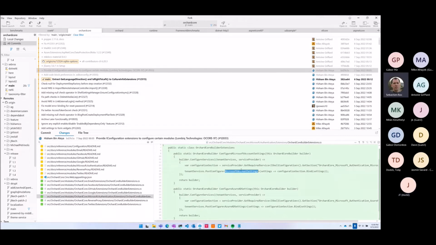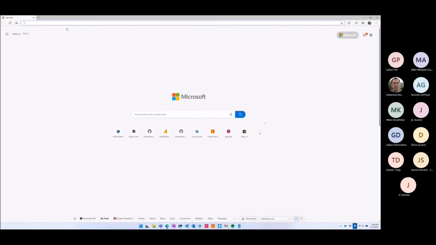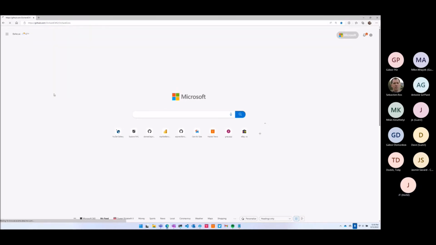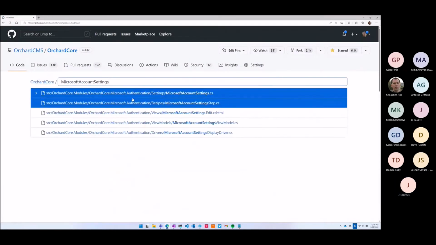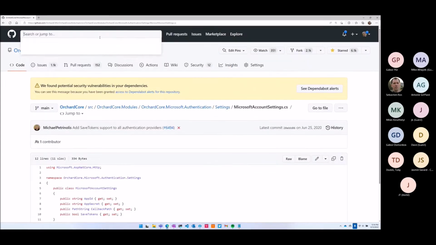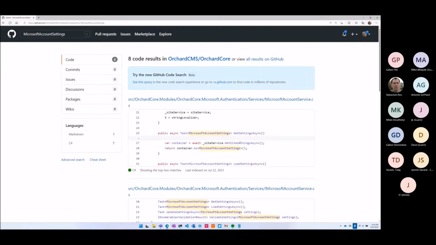Microsoft account settings. Let me check. So we have this class, which is just a POCO. How is it used? Get settings from get site settings. Okay, so okay, I get it.